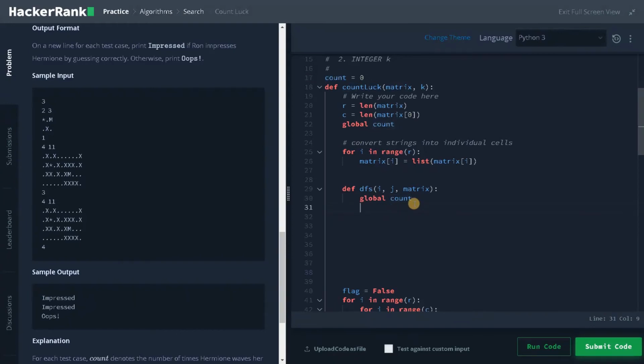Now if matrix of i, so this is the base condition, i and j equals star, that means we have reached the end, we will return true. So that means we have reached the end. So this will be the flag variable if we return it,